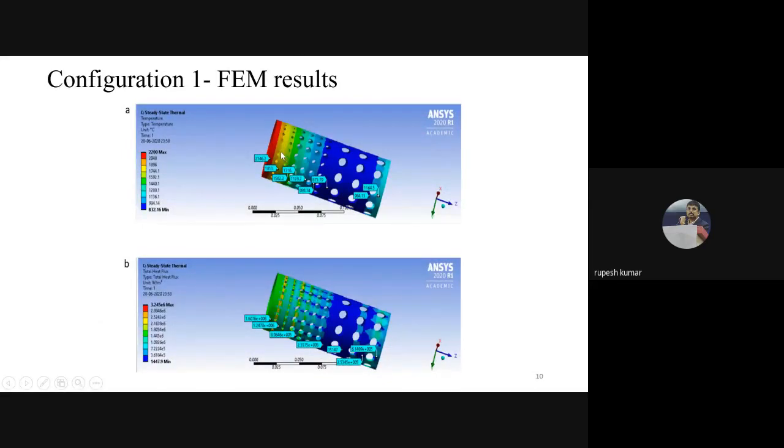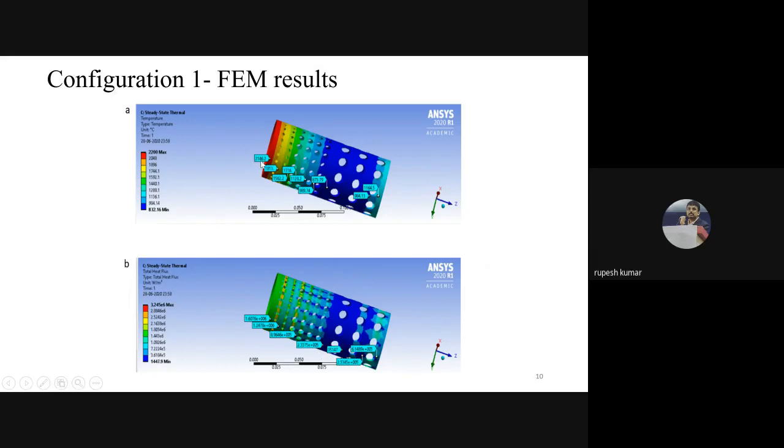You can see the temperature varies very much at different zones because of the airflow through different holes of different diameters. Here the heat flux has also changed. At the primary zone, the heat flux was around 1.6 times 10 to the power 6 watt per meter square, whereas in the secondary it is 2.33 times 10 to the power 5, and at the dilution zone it is around 2.5 times 10 to the power 5. So you can see that it is decreasing approximately up to the dilution holes.